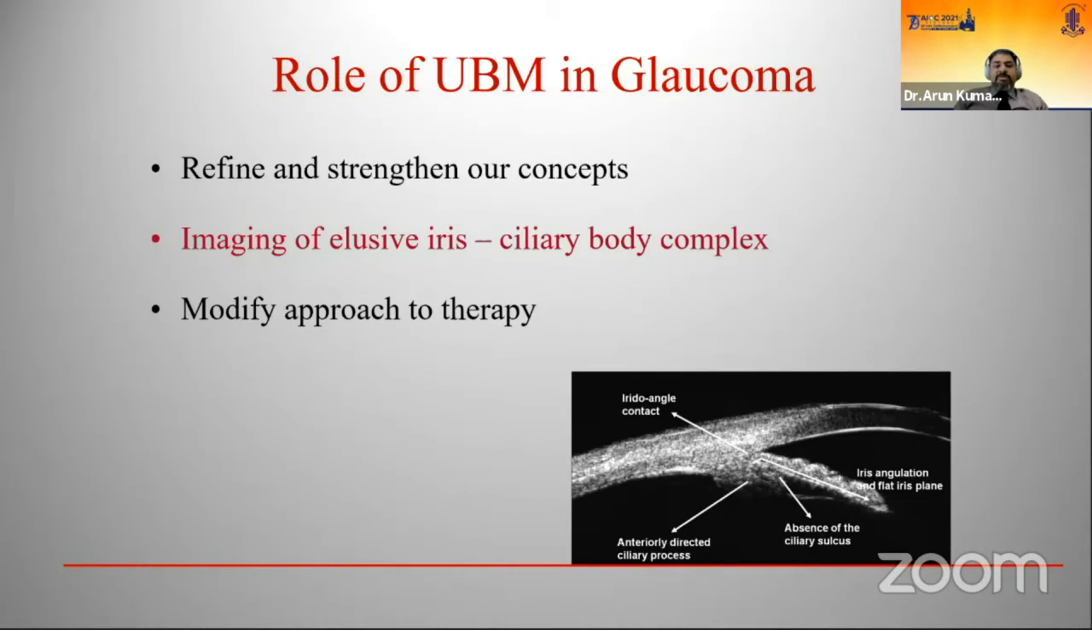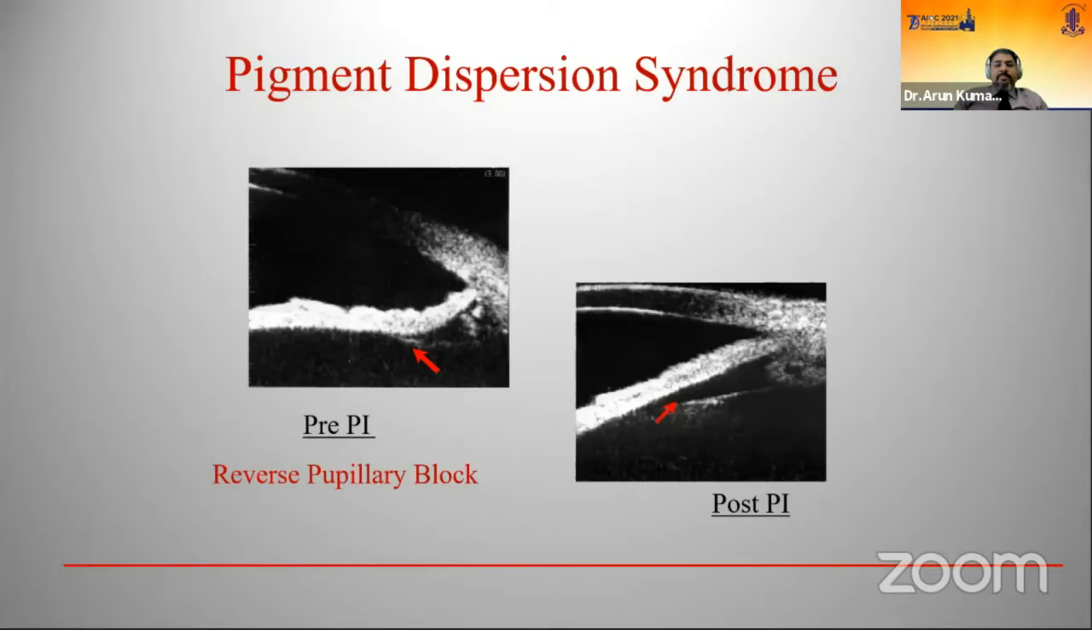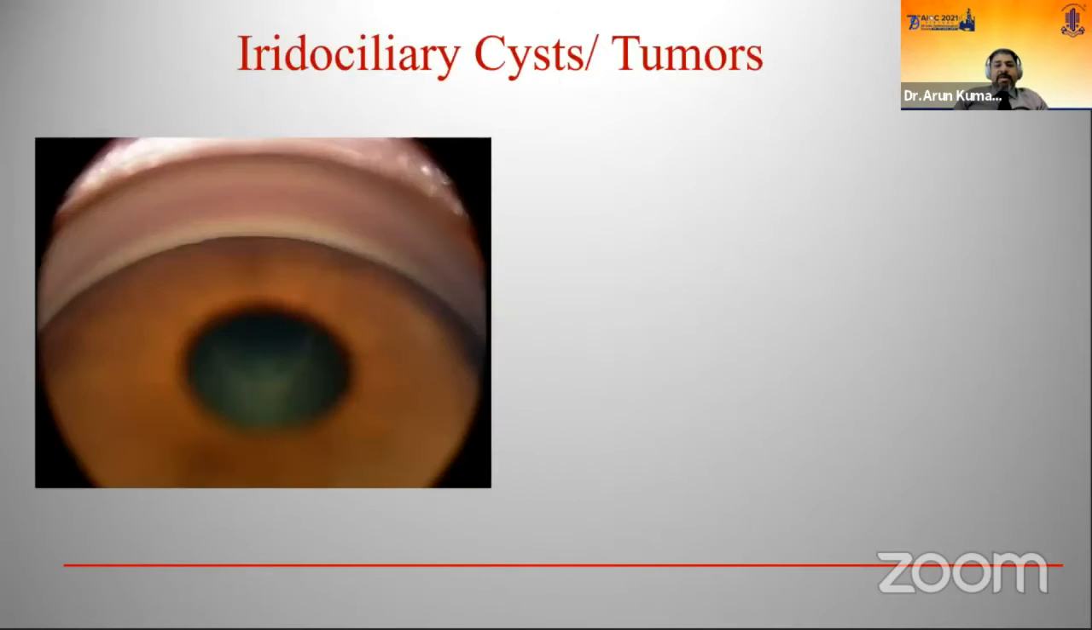The ability to image the elusive iris ciliary body complex has allowed us to come up with diagnoses that have been challenging and definitely has helped us modify approach to therapy. Concepts such as relative pupillary block, pigment dispersion syndrome, and plateau iris, as well as aqueous misdirection were better understood. Now, in